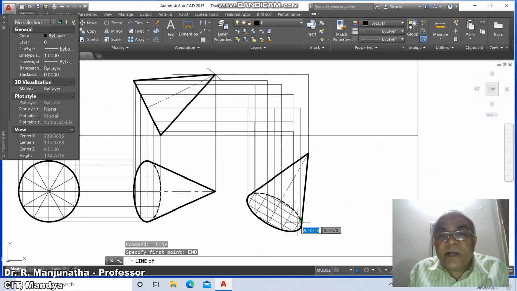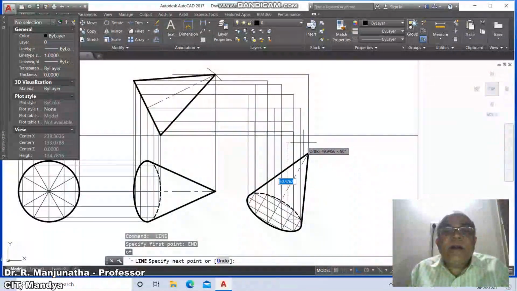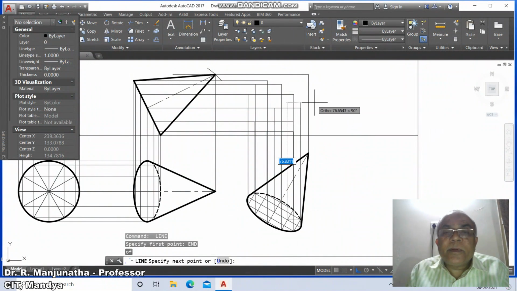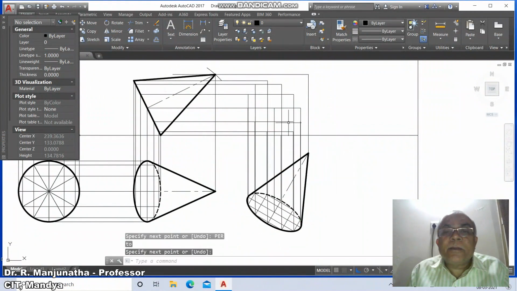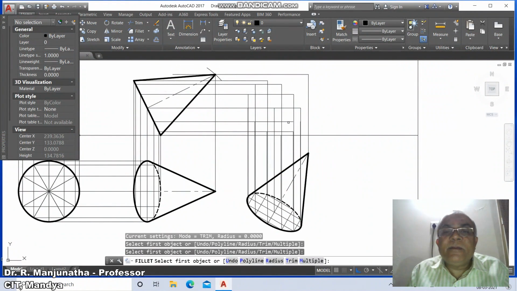Similarly line, take endpoint of this and draw perpendicular to this, then go to fillet between this line and this line.